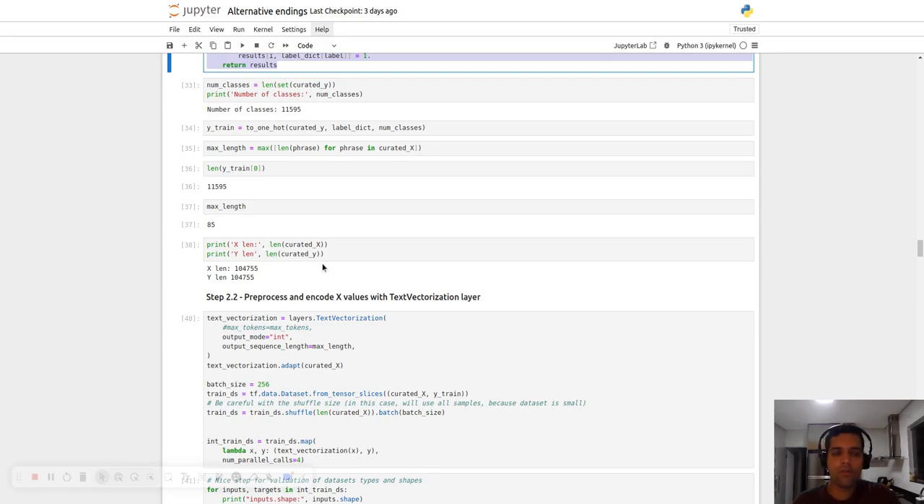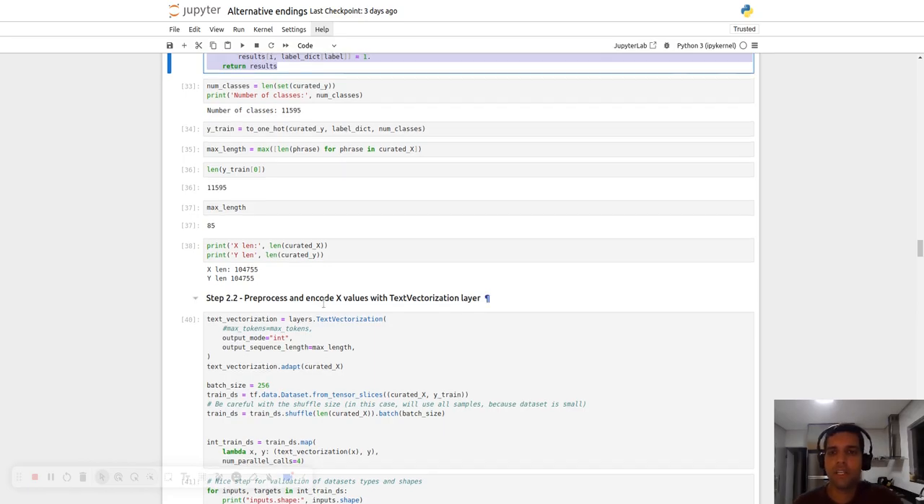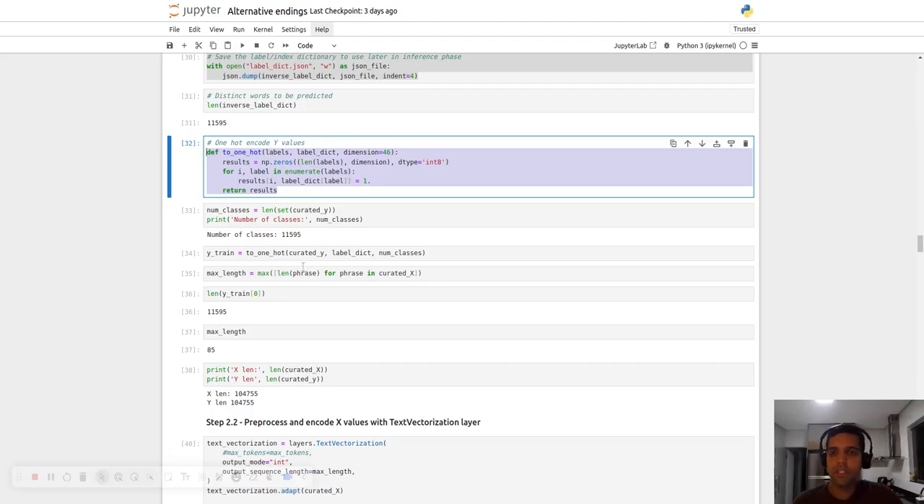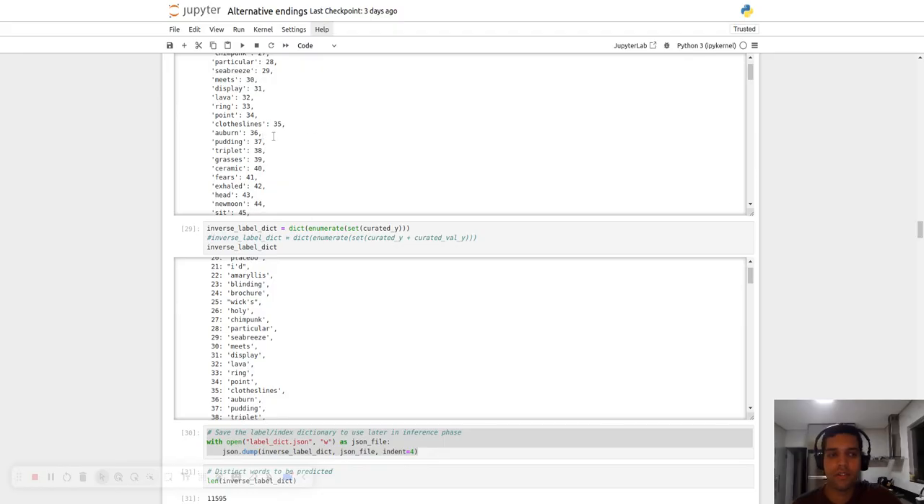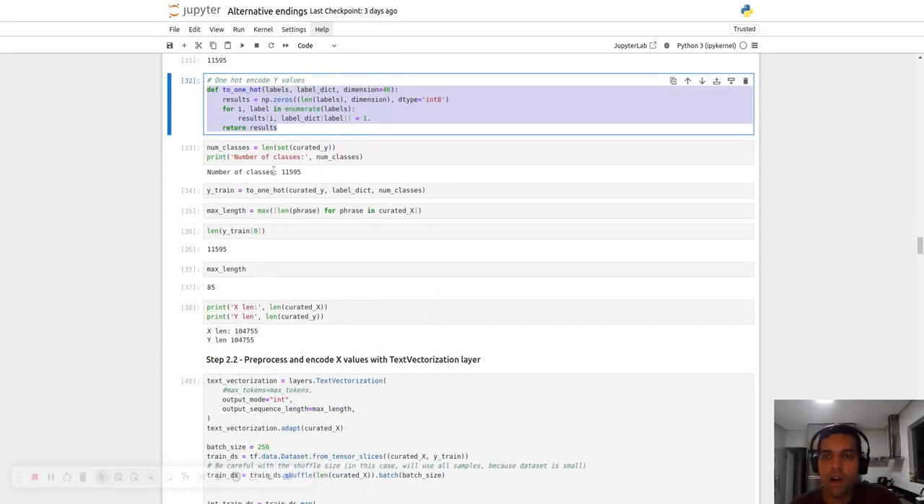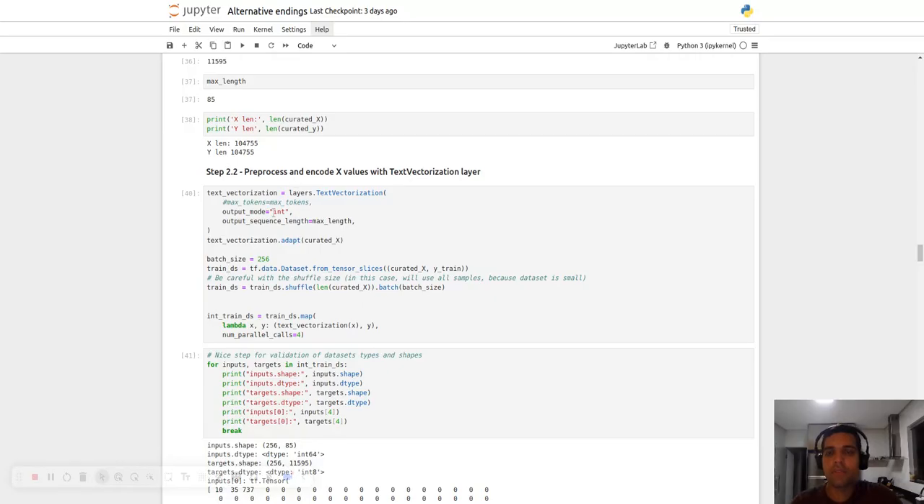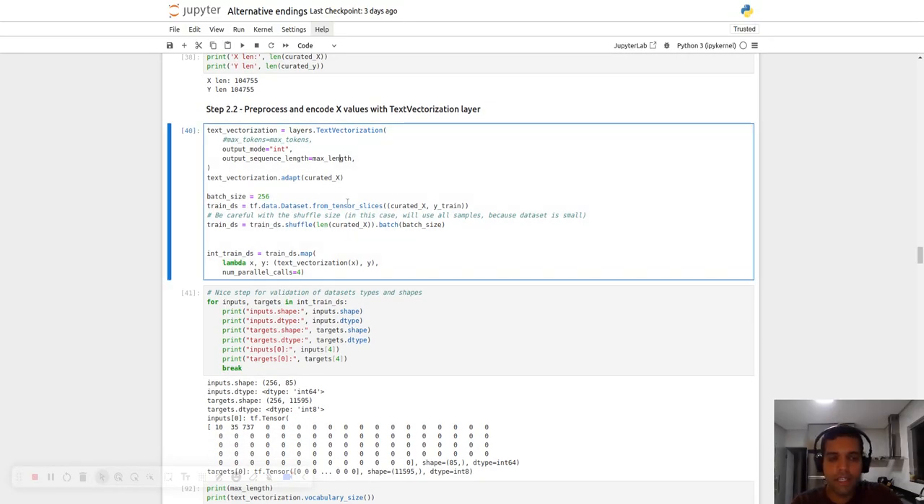And the one hot encode, I don't know if everybody's familiar. So basically, each word is going to be a big matrix of zeros, except for the words themselves, which are going to be assigned their respective indexes here from our label map. Okay, so now getting into the actual training phase, the first step is for us to process our x